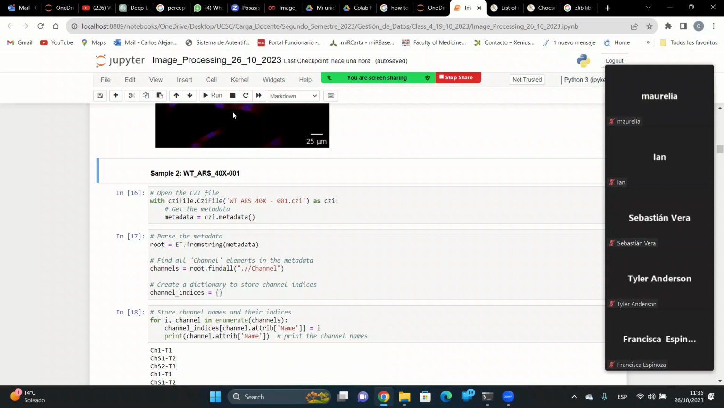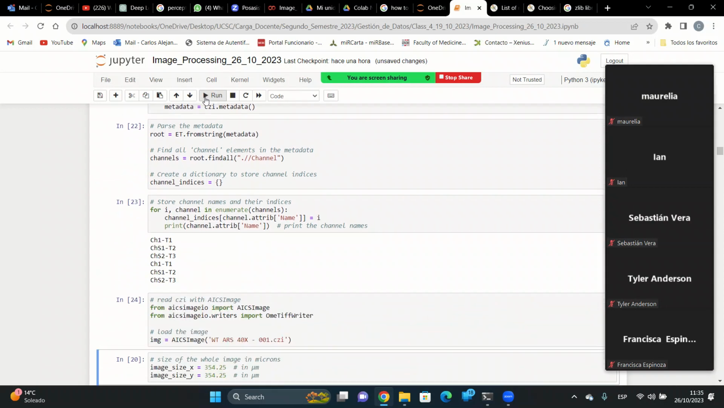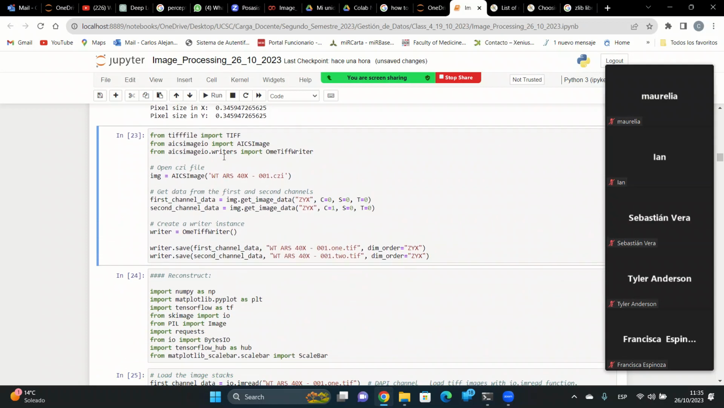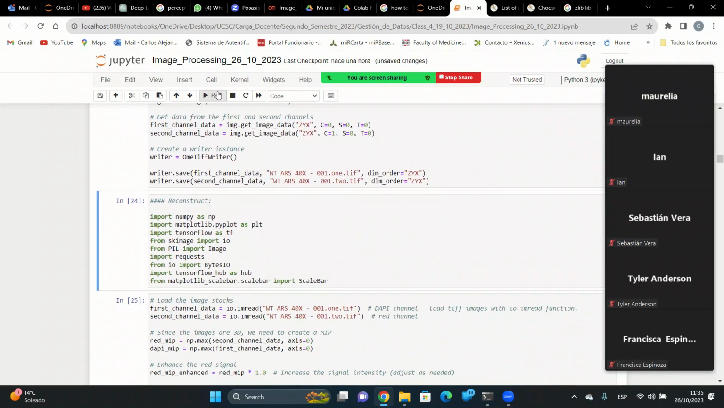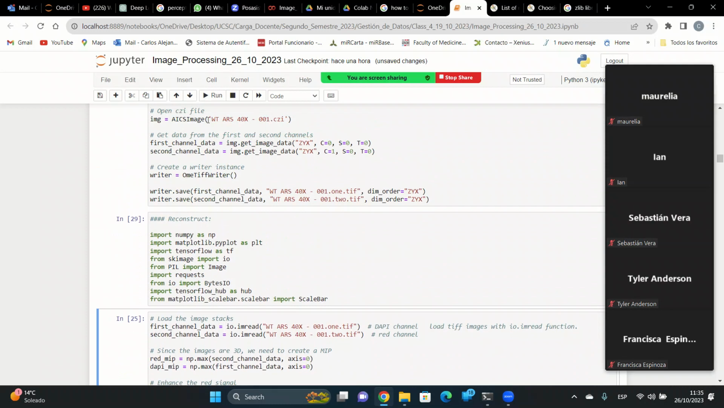What is happening with the Arsenite here? We open the file, same thing. We parse the metadata, store the channels, read the image with IX image. The pixel dimensions are the same here because the image was taken the same day in the same microscope, same settings, the very same settings. We also load the same libraries for sanity check,